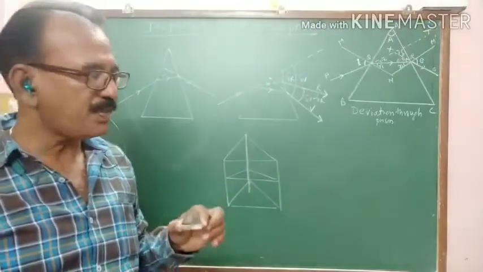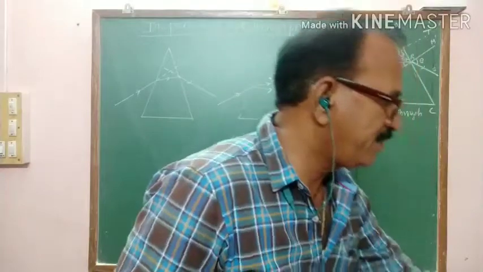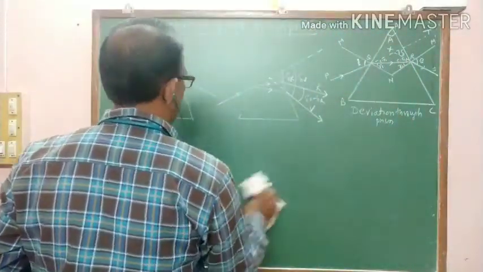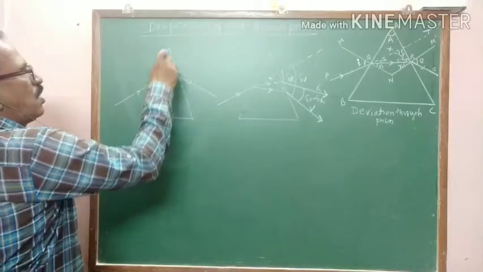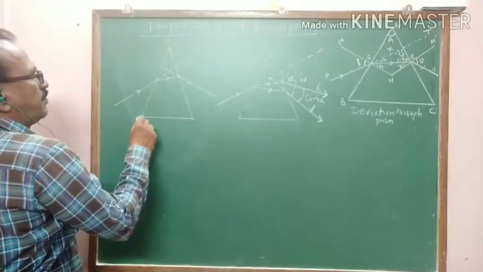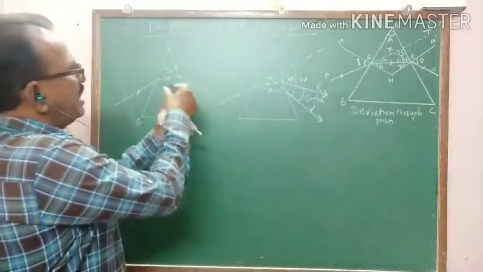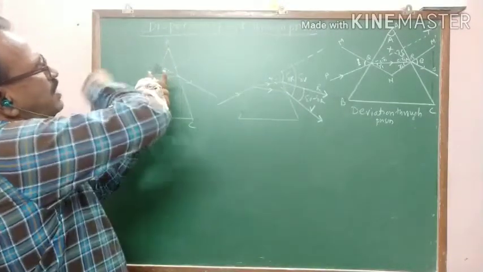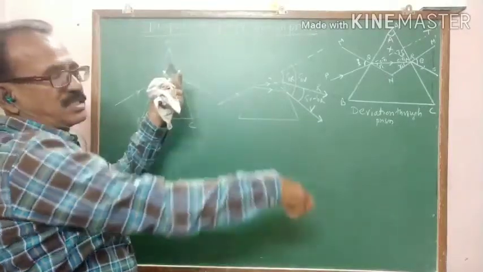Now here I have shown you this diagram where the white light is in this first figure. This is the prism. We call this prism ABC, and this is the principal section. It means I am keeping the prism like this. This is A, B and C. The light will come from this surface, enter into this surface and come out of this surface.